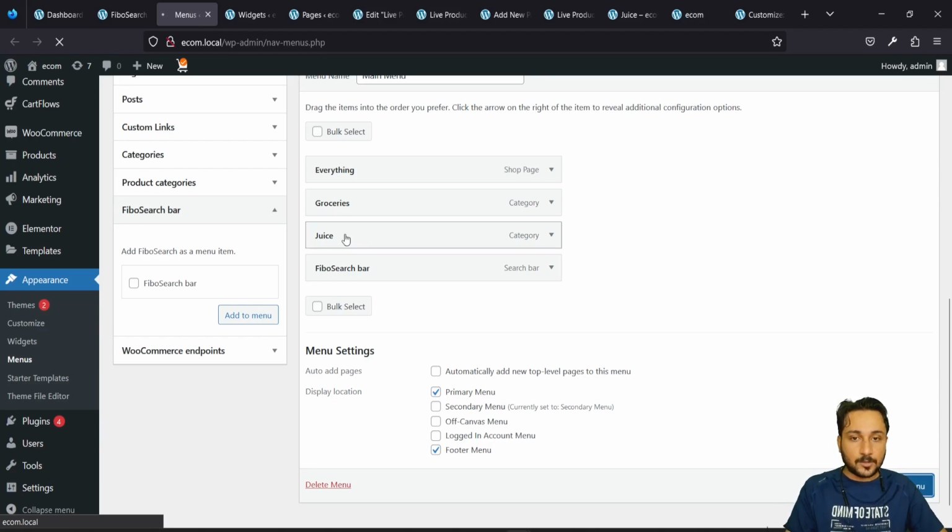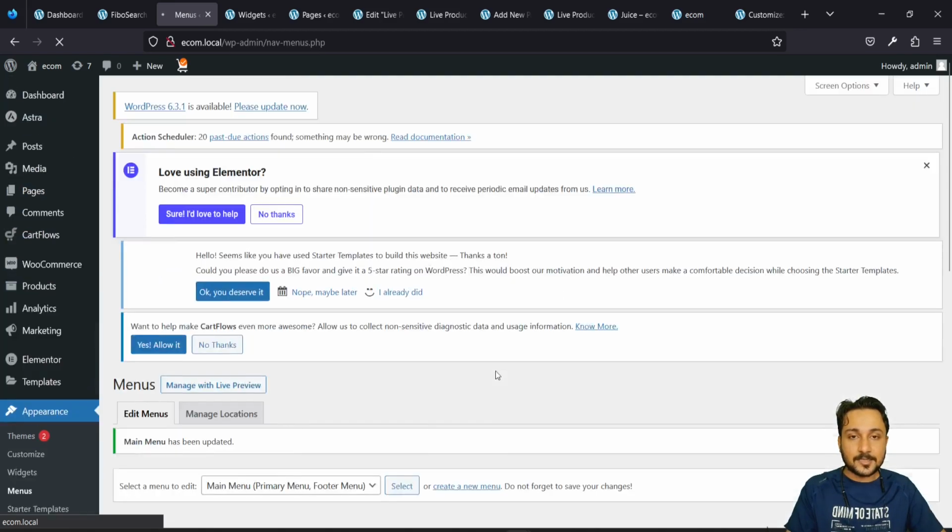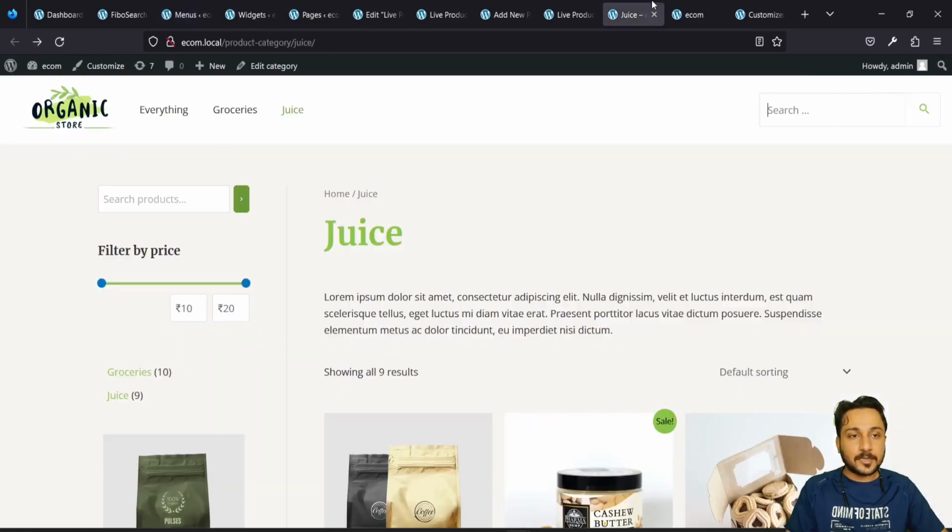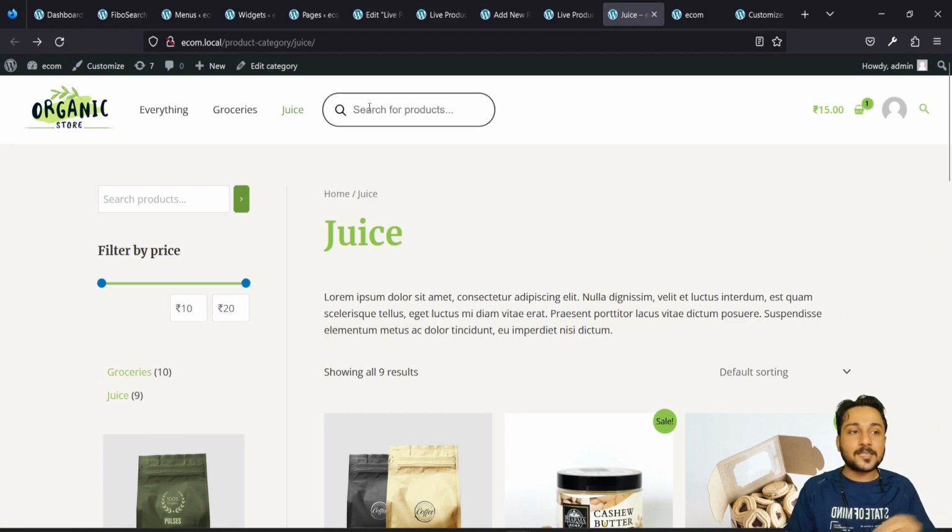Okay, so let's just let it save. Once it gets saved, I can even see it in the menu bar, right? So now this has been added as a separate menu item. Whoever's theme does not support a separate customizer or a header builder, you can use this method to put it in your menu, right? This will also work. All right. Now next, what you can do is if you have to place it,